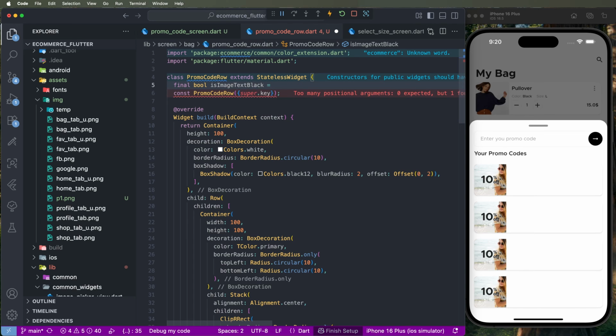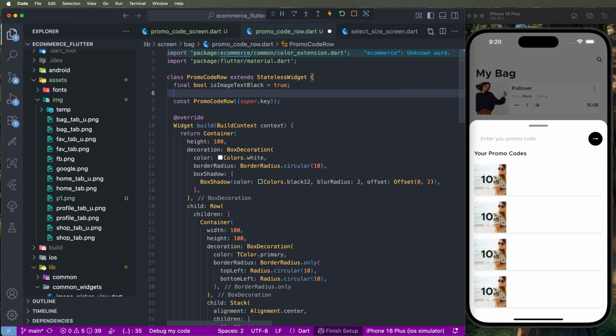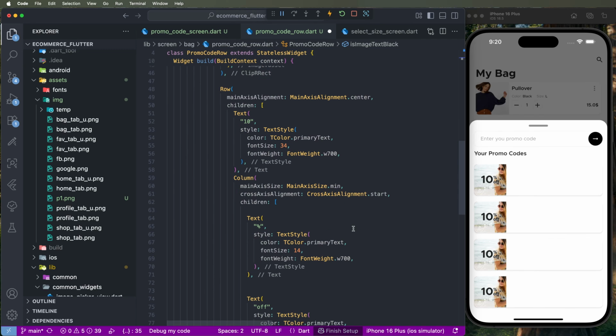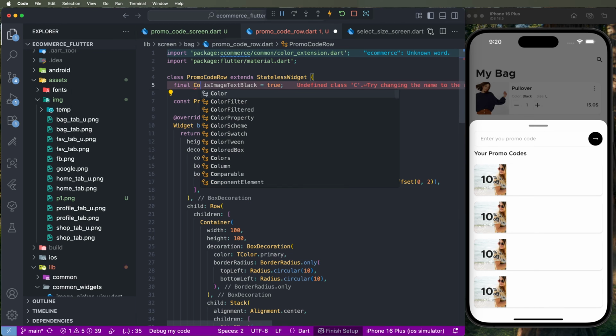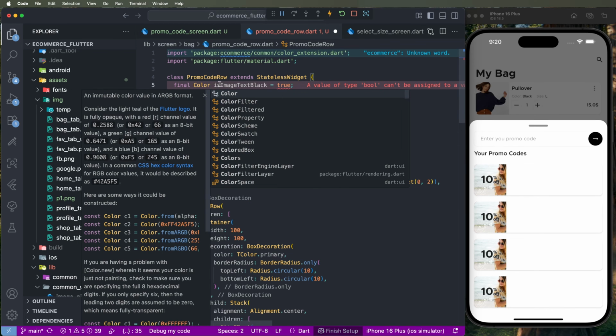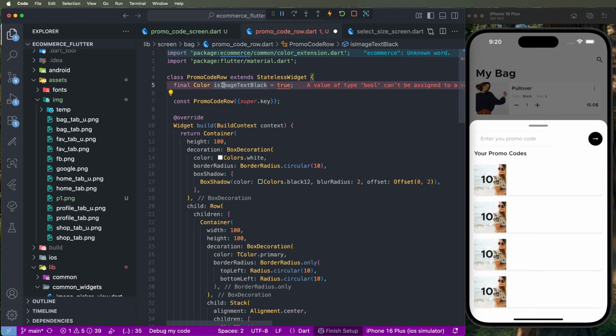By default set here the true. If not like this, we need to put here the conditions, image text, and set here the black. Otherwise we need to set here the directly colors is good. Copy color image text, set here this color, this ones,